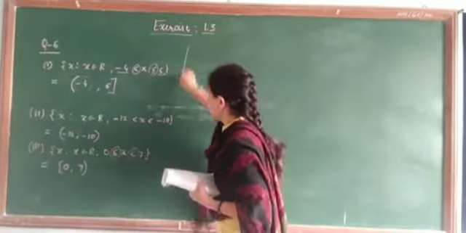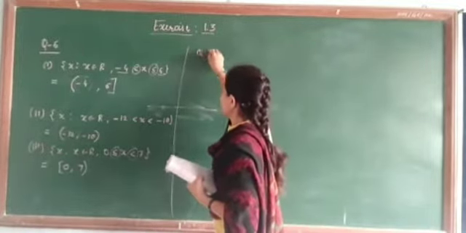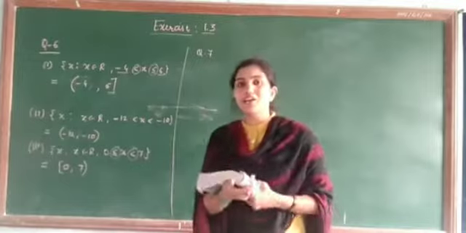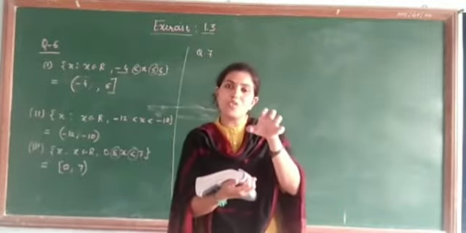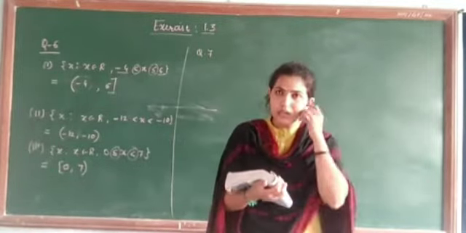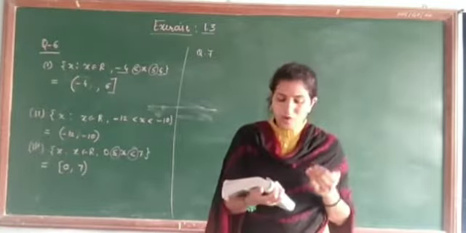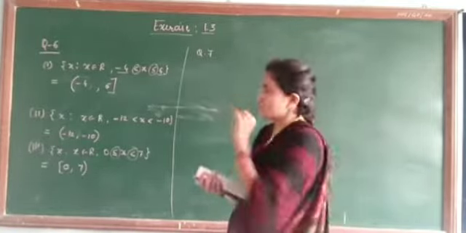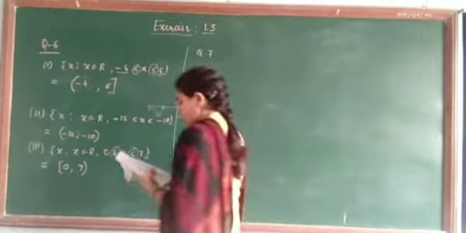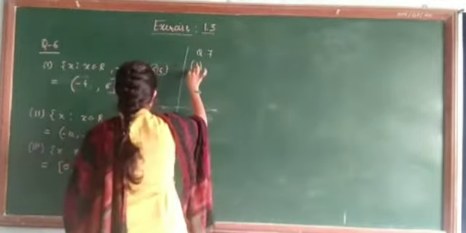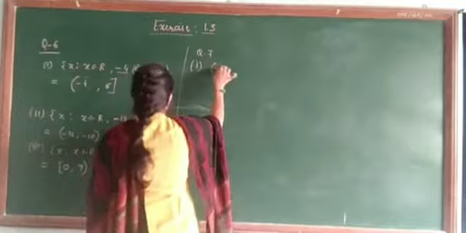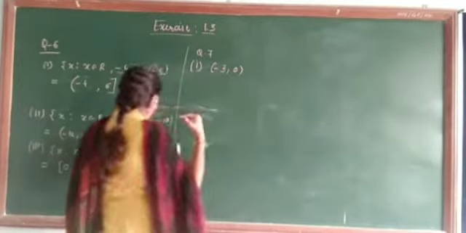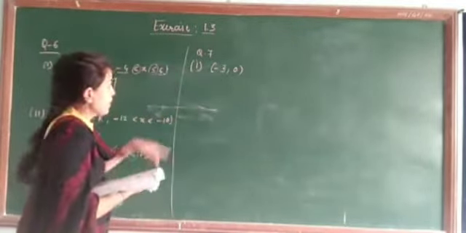Now let me see question number 7. In 6, what did we do? We had the set form and we wrote the bracket, as an interval. Whereas in question number 7 we have an interval and we write it the other way. So very easy concept, students. After solving this many questions, I think you should understand how to write it.